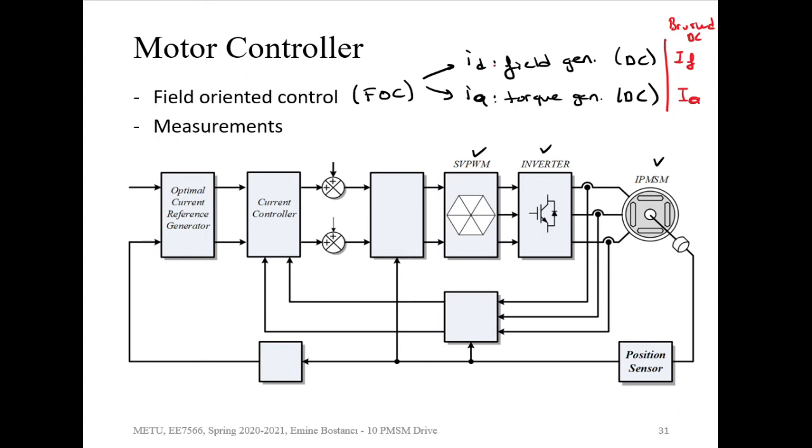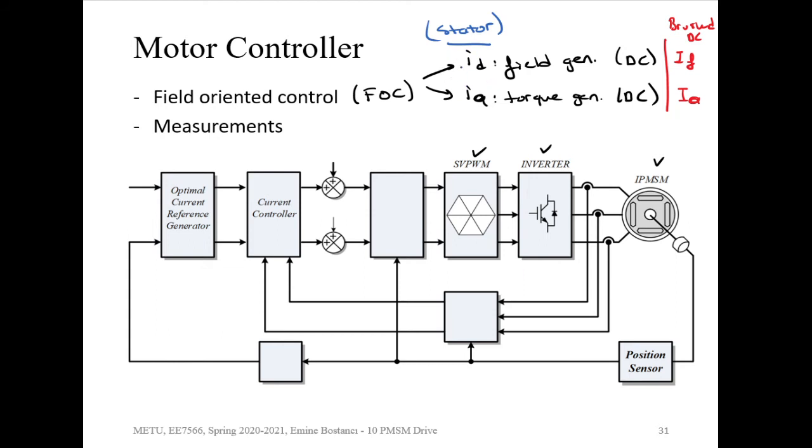If you have an active field, you may want to have an ID equal to 0 because you already have a field generated by some other source, which can be the permanent magnet or the DC excitations, because these are just the stator currents. So in the field-oriented control, we are going to control the stator currents, and we are going to have its two components, which is one is going to control the field, and the other one is going to control the current. If you have already some field with permanent magnets with some DC excitation winding, you can set ID to 0 and just supply IQ. But in most of the electric machines, like induction machines and some